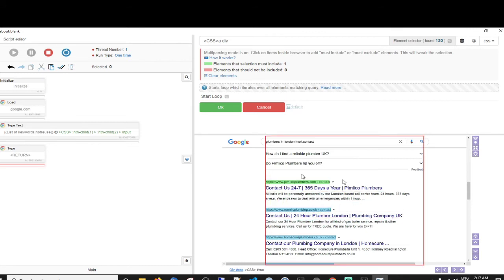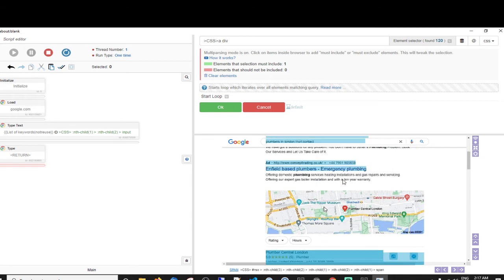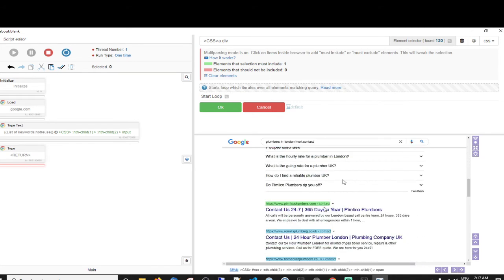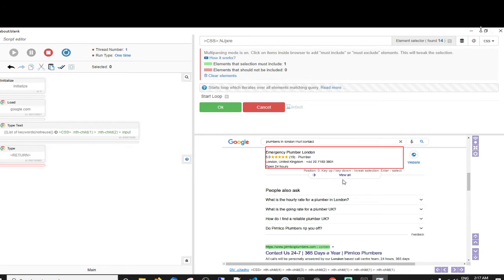So all these divs. Oh, it's got, yeah, no. Nope, that's not good. Okay, that would be correct on this page, but not on all the other pages. Can't really use a match either.